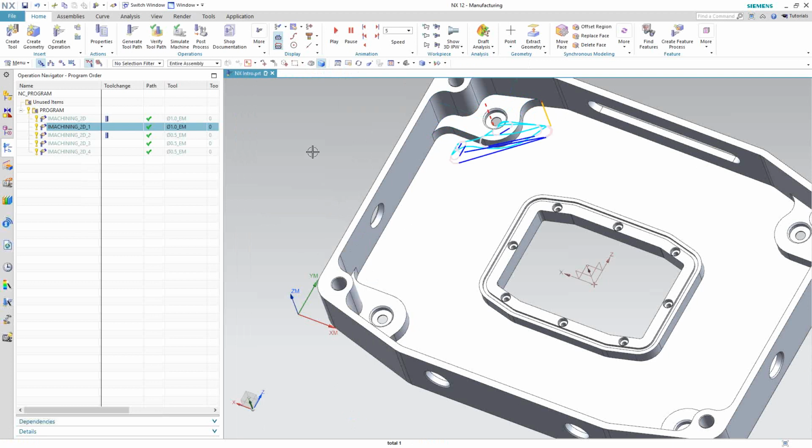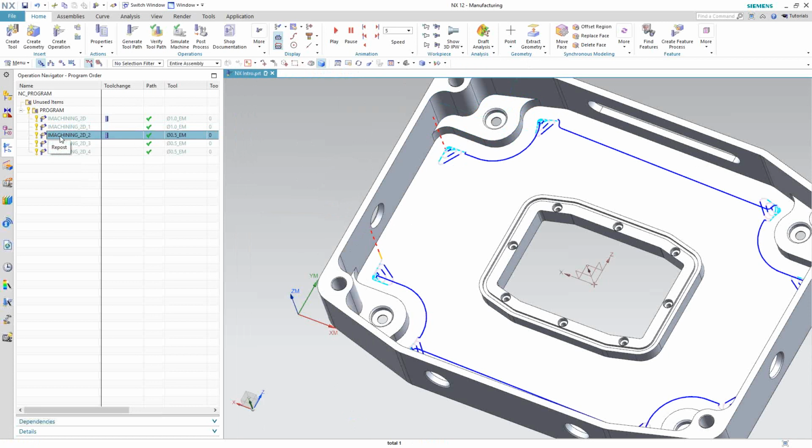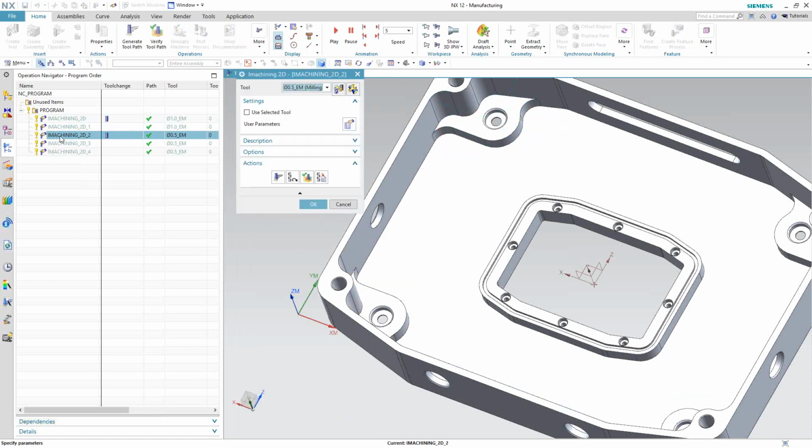Now, the other technology called iRest, I'm using a 1/2 inch end mill. The iRest is a similar toolpath. I've just told it I'm using a smaller diameter tool, and it focuses on what was remaining from the 1-inch operation. So if we open that up real quick,